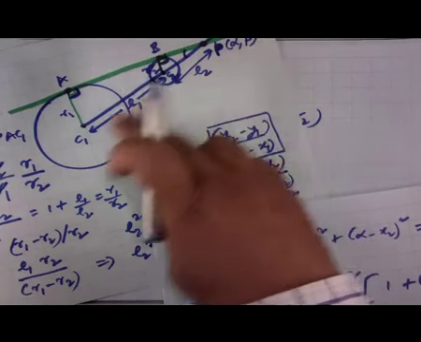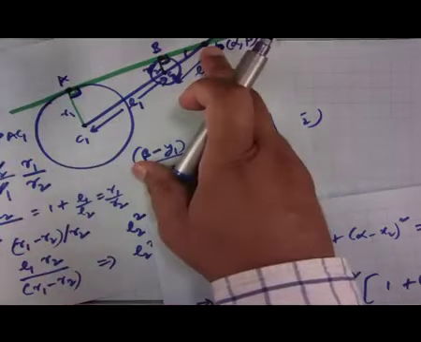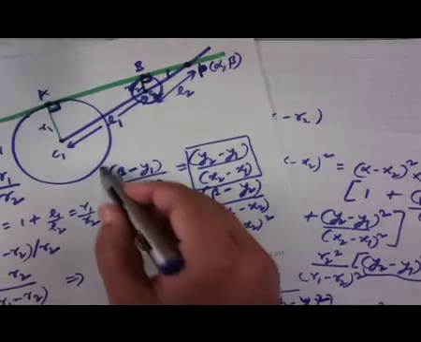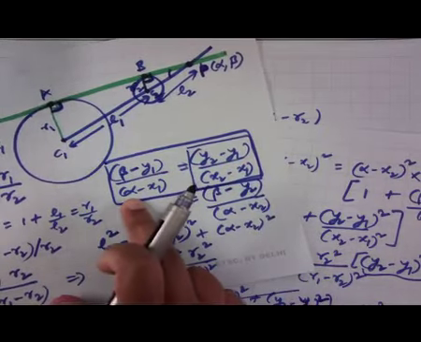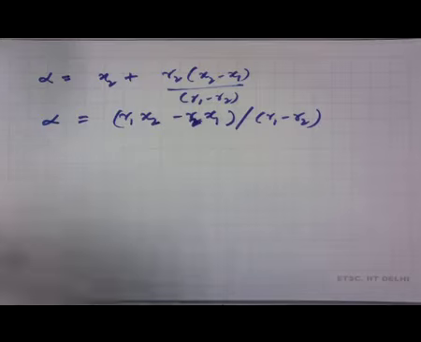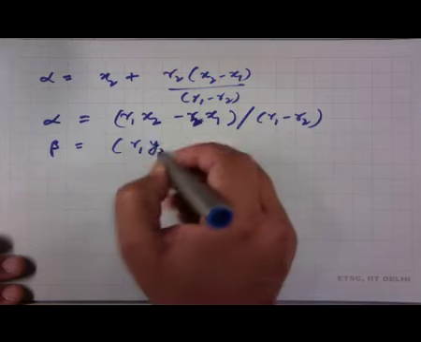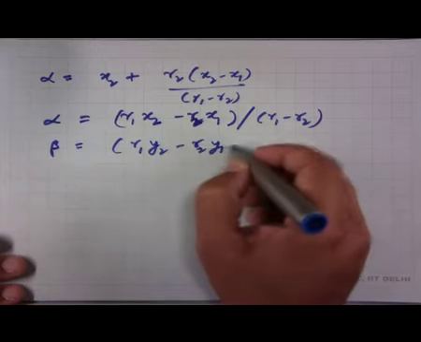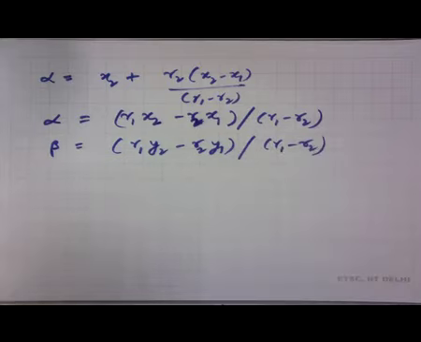Remember, alpha was the x coordinate of this point of intersection of the straight line joining the centers of the circles with this direct common tangent. Similarly, we can find beta, and that is easy because we can use this equality over here, since alpha is known now. A little manipulation gives us beta equal to R1 y2 minus R2 y1 divided by R1 minus R2. So, now we have the coordinates of this point P,